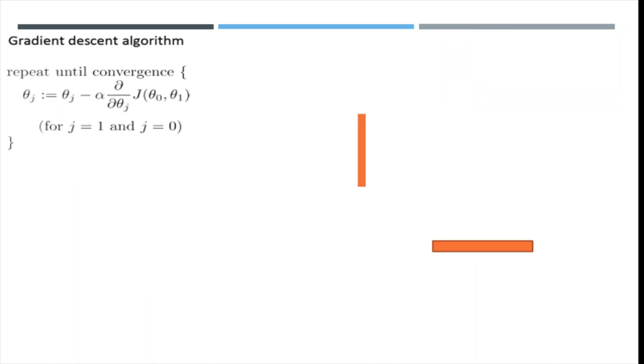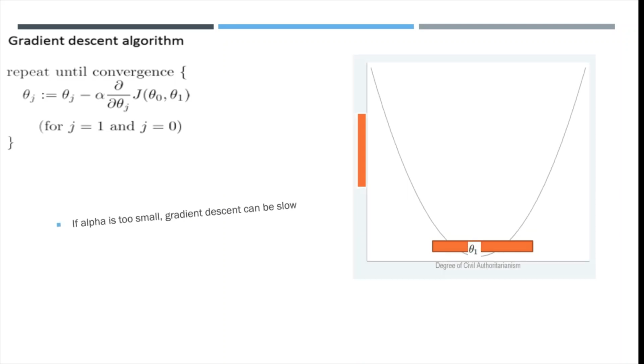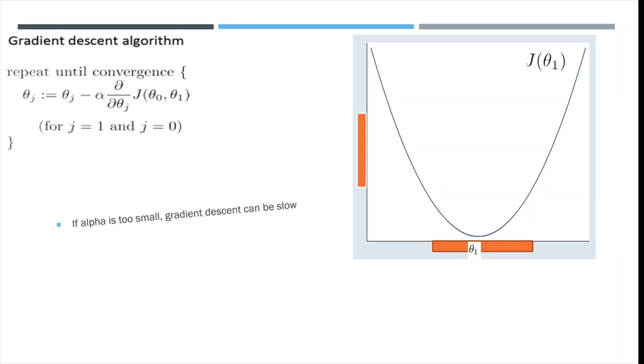Okay, moving on. So consider the gradient descent algorithm. Consider this graph over here where the cost function is on the y-axis and theta 1 is on the x-axis. So let's talk about the learning rate, alpha. Some of you might already have this question: why are we using alpha in the first place? I really appreciate that question. You will get to know what this alpha is really doing over here.